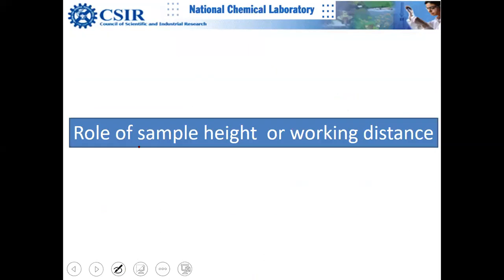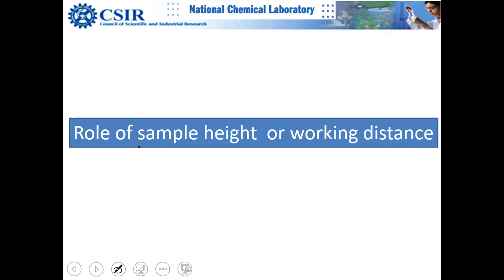Sorry, sir, sorry to interrupt. How many secondary electron detectors are in the instrument? Usually only one. You don't need more than one. I mean, one or two. You can have an in-lens detector and one Everhart-Thornley detector, one detector of each type. You don't have more than one. You have no place actually. You would like to put something else rather than putting two detectors of the same kind.